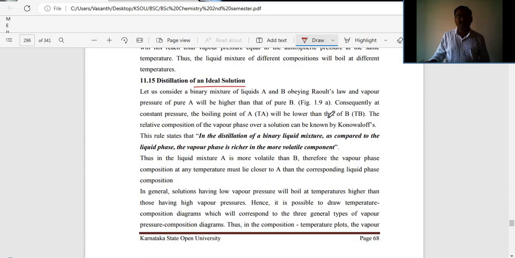How to do distillation of an ideal solution? Let us consider the binary mixture of two liquids A and B obeying Raoult's law. Vapor pressure of pure A will be higher than that of pure B. Consequently, at constant temperature, the boiling point of A will be lower than that of B. The relative composition of the vapor phase over a solution can be known by